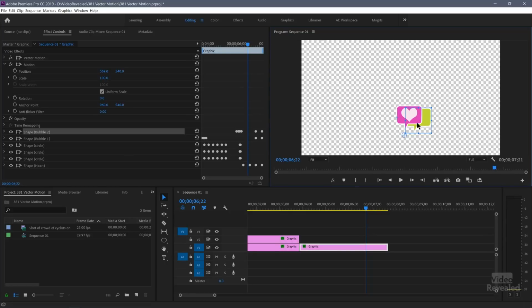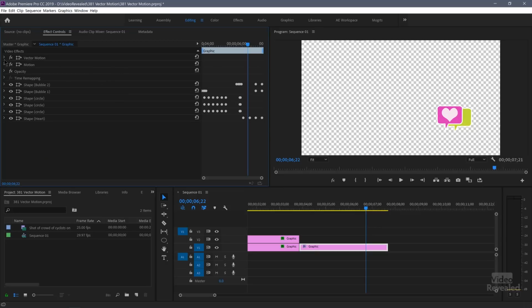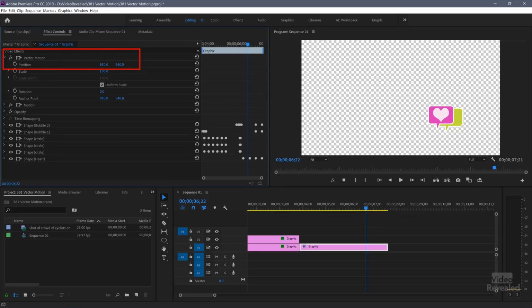That's because the motion settings have a frame size. As soon as you click on a vector graphic, the motion settings have set a frame size to whatever the sequence size, 1920 by 1080 in this example. So instead, I'm going to position this back to the original. If I move the position of the whole graphic using the vector motion,